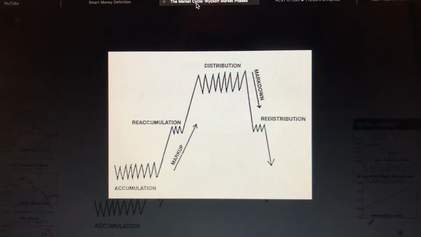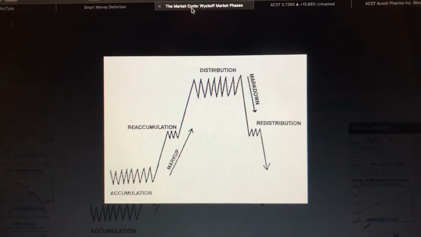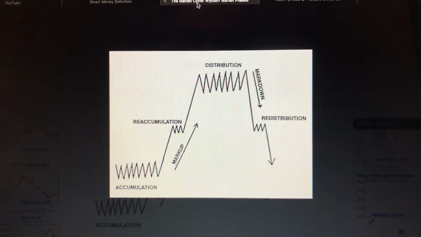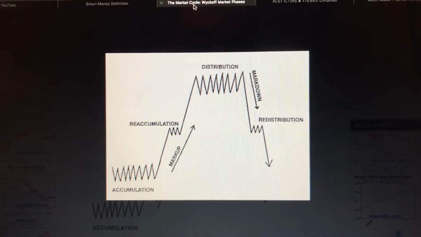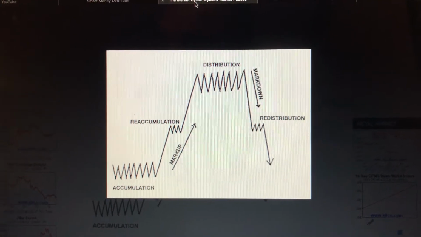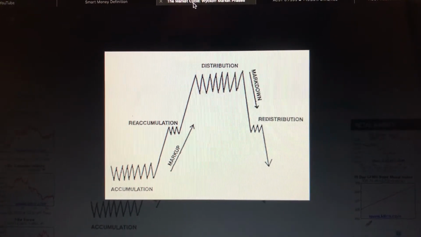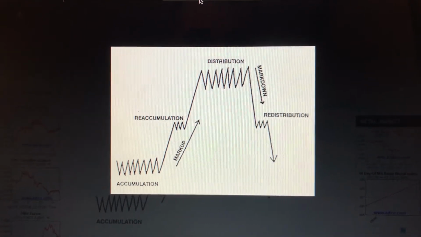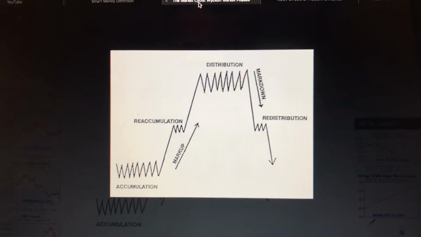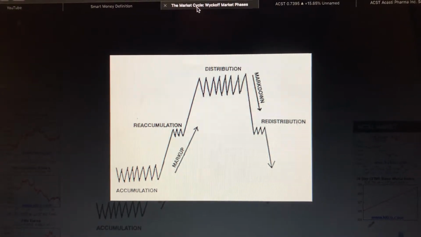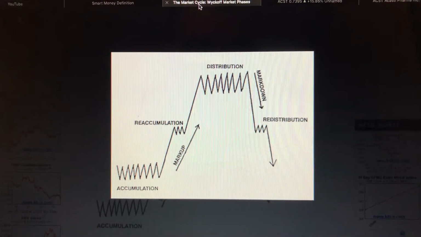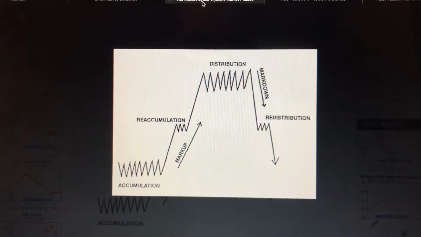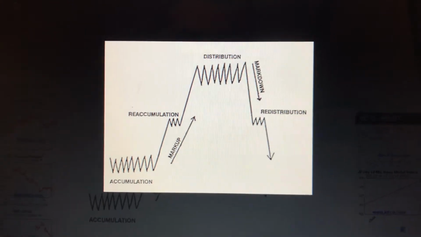This is where you get buyer exhaustion, and smart money is looking to unload their shares. This is also when the public starts to get interested, and by then, of course, it's too late. So smart money will continue to unload shares in smaller increments before you have what is called a liquidation or a markdown phase, with another redistribution stall before the final drop. This will drop into another accumulation phase, and the market repeats itself. Put it this way, guys, Wall Street is one big pump and dump, okay?